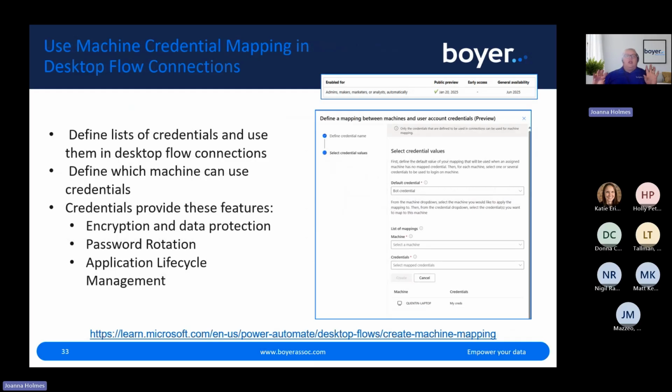All right. Using machine credential mappings in desktop flow connections. So for a lot of organizations, when they're using a desktop flow, each machine has to have its own unique user session. So that implies that I couldn't use machine groups before. What we can do now with this functionality, again, that we'll be seeing here in June, is I can create a list of credentials and allow them to use unique credentials for each of the machines in my desktop flow